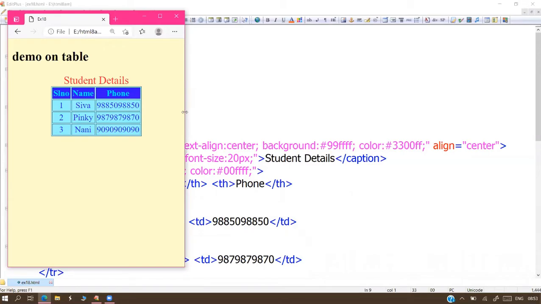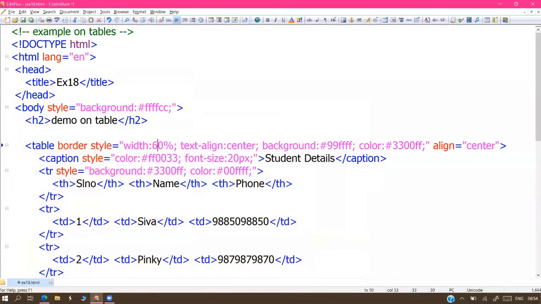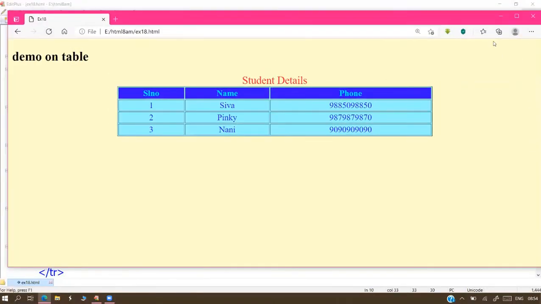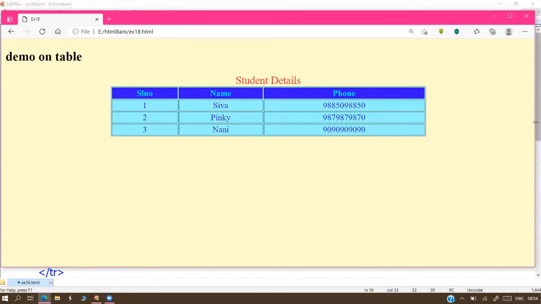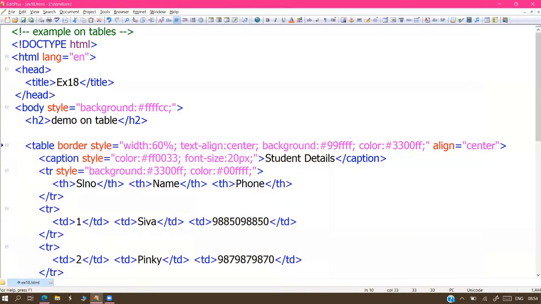Now if you see, it's expanding the table. The difference between percentage-wise and pixel-wise is that. If you want to get the full clarity, you can take a bigger size, 60% of the browser. You get the clear difference now. With the big size, I think it is easy to understand. This is the matter: direct pixels and percentage format have a small variation.